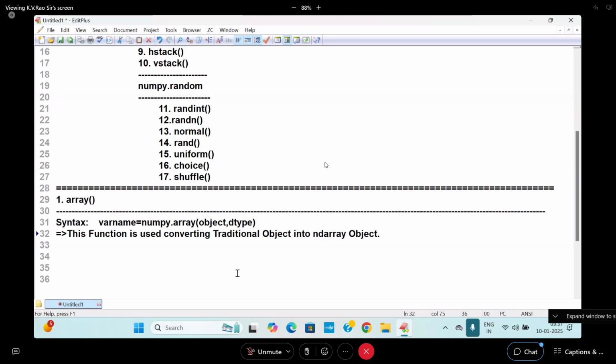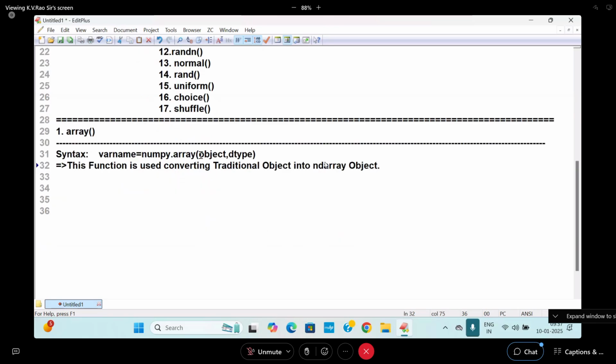In simple words, whatever data is available in traditional Python objects, we are directly getting into what? ndarray. Directly data is not coming in ndarray. Please remember that. Data will always come in traditional Python objects, and we convert that into which type? ndarray object. So here the variable name represents which type? ndarray. Here the variable name